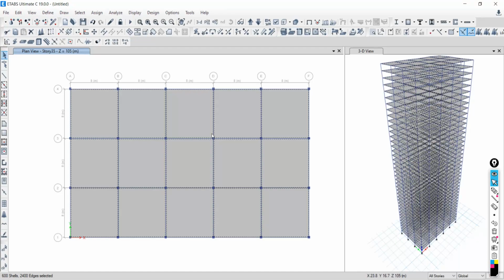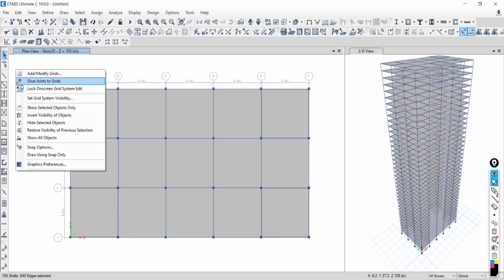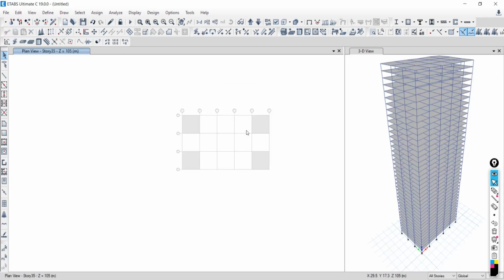Then it is very difficult to get only the corner ones. So another option is to say all story and then click on this first, then there, here and here, so that all the required slabs will be selected from top to bottom. Then right click on your window, and if you want to see only the selection, say selected objects only, and it will be there like this. Take the 3D view.